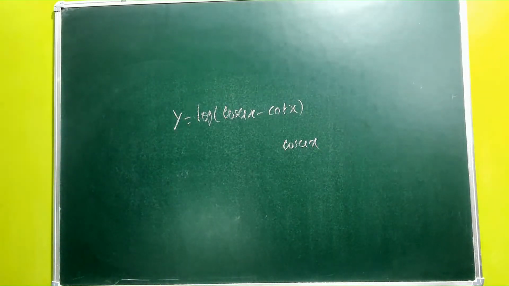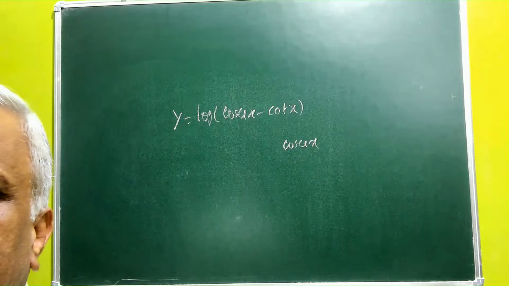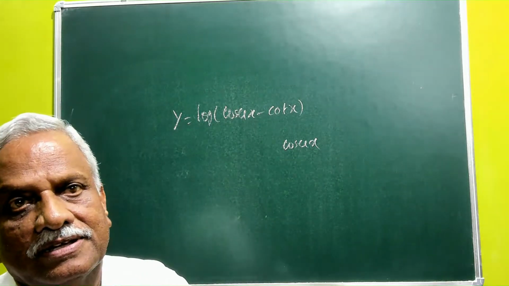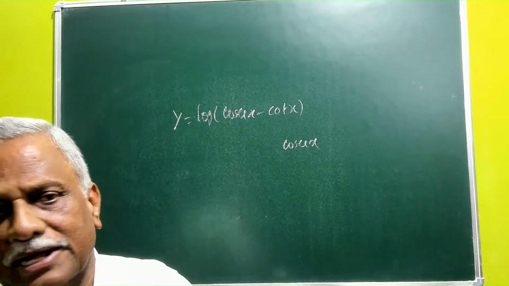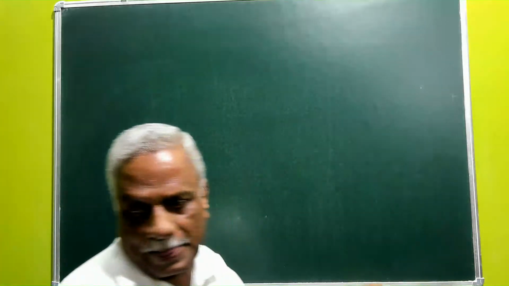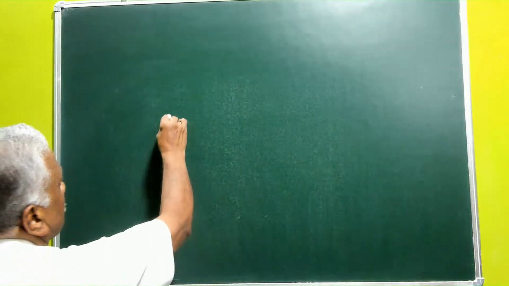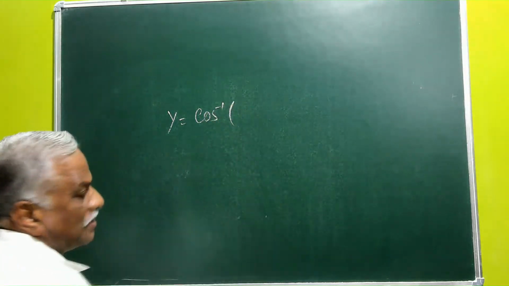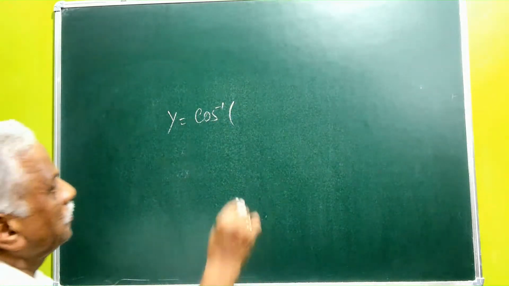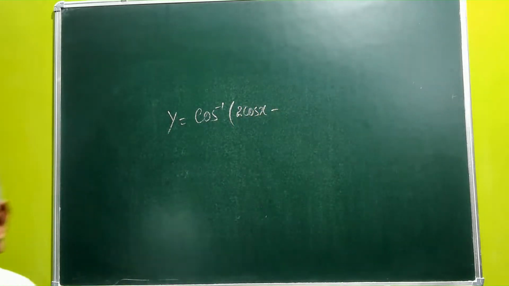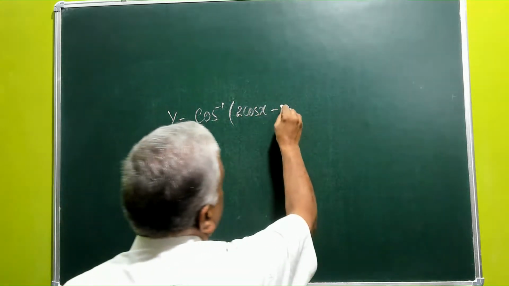You know why? The integration of cosecant x is log of cosecant x minus cot x. So the derivative of log of cosecant x minus cot x is cosecant x. So if you use the integration formula, you get the solution faster. The next problem they have given is y is equal to cos inverse of 2 cos x minus 3 sin x